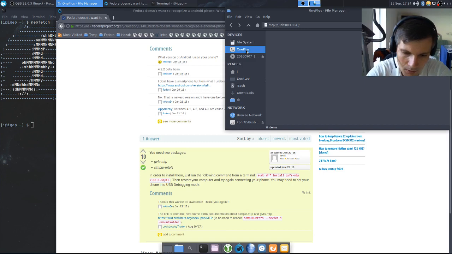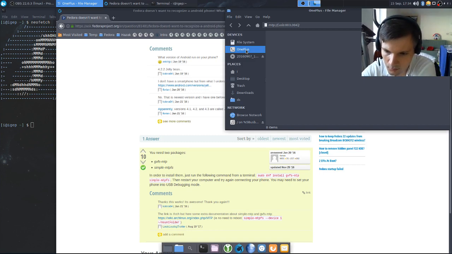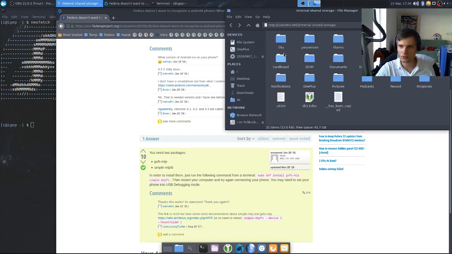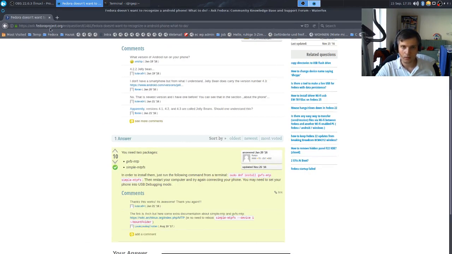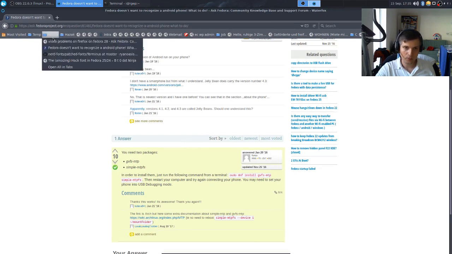I have to turn on... Come on. I have to tell you that I want to do file transfers. Okay, and now it works. You see, internal storage is there. So you need these packages to do that. The other thing, why is it not full screen? No, come on. The other thing about Fedora,